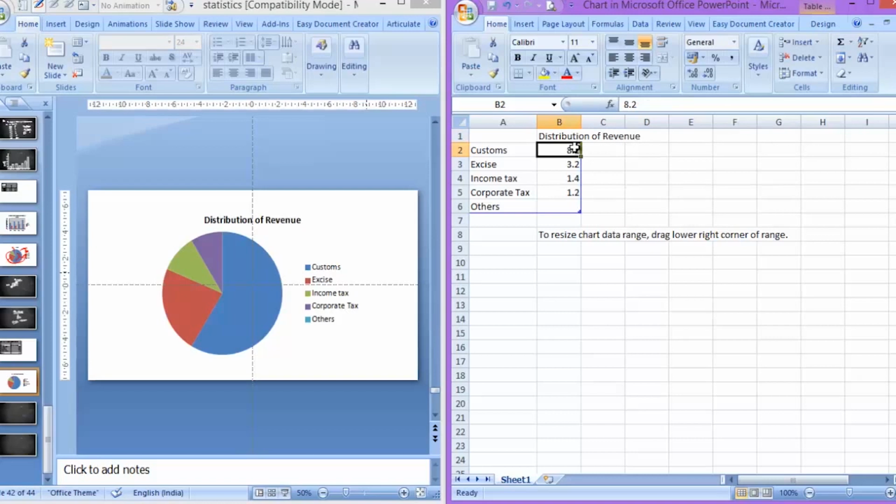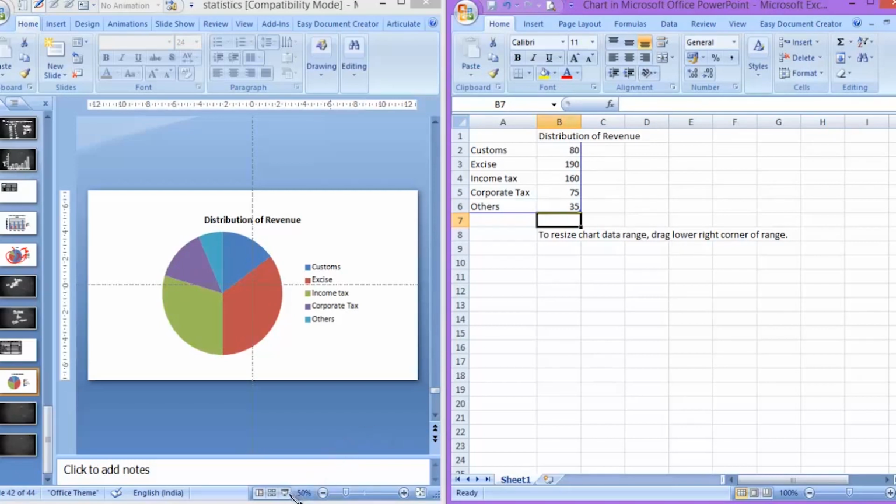In customs we know the amount, it is 80, then excise is 190, income tax is 160, corporate tax is 75, and others are 35. So this is the distribution of income.